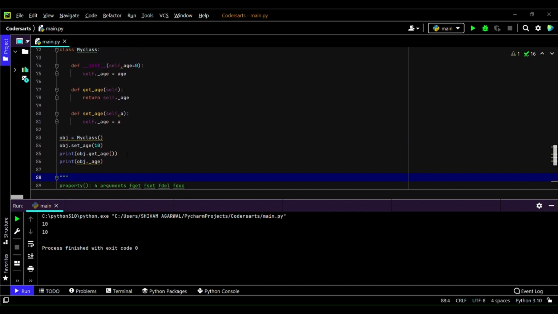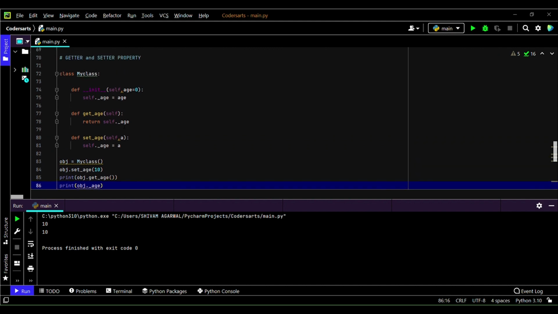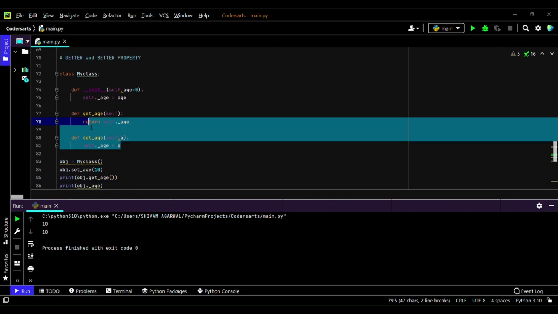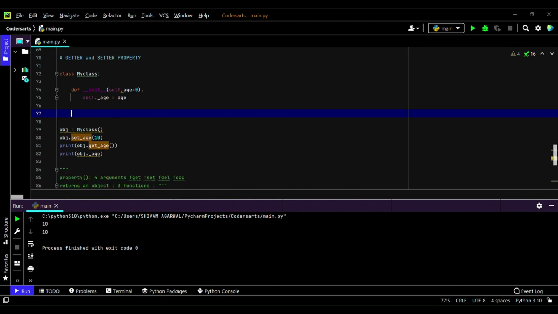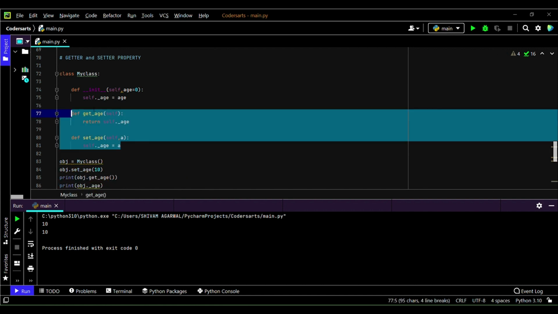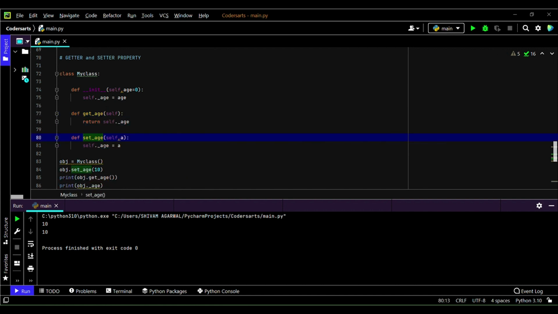I've commented it. So I'll use this property function in our program right now. I don't want this get and set here, so I'll remove it. What I will do now is create the property function. The property function will be created using the same methodology that we created above. So using get age and set age, we will not require to use these functions directly, but we'll use the